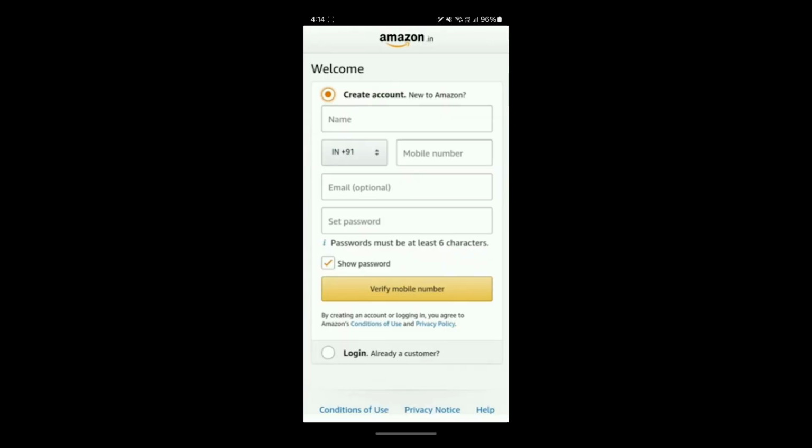Now, on this page, you'll have to enter your mobile number or email address. So navigate to this field and enter your email address or mobile number. After this, click on the continue button. Now, you'll have to click on the proceed to create an account button. After you click on this button, it will show up this create account page where you'll have to click on